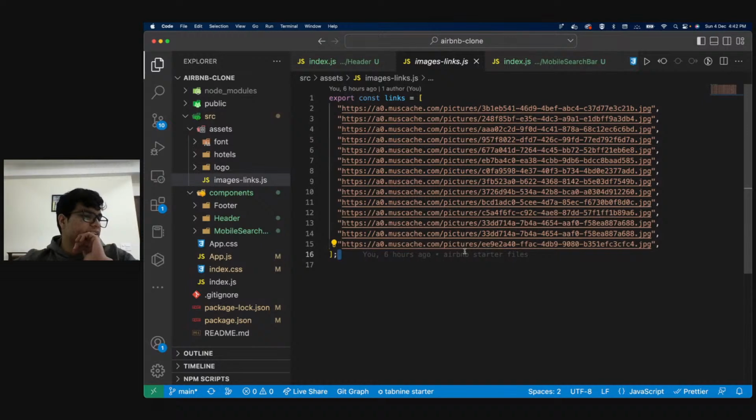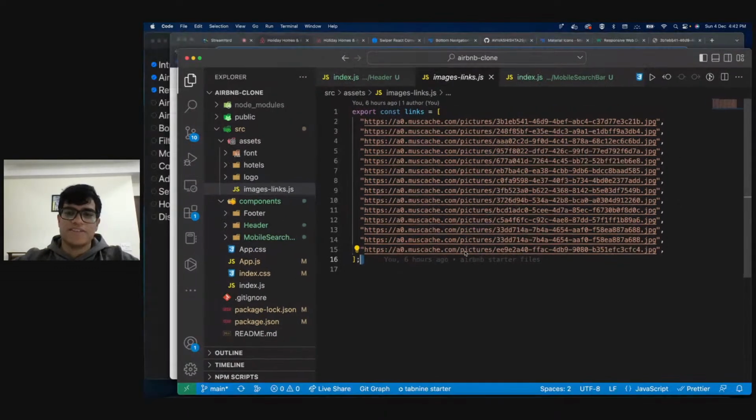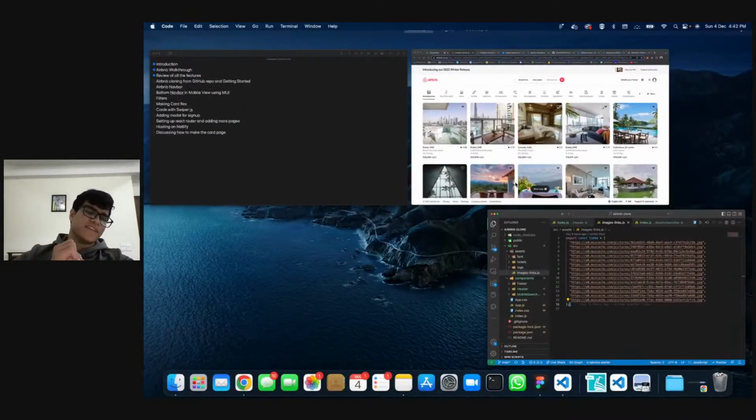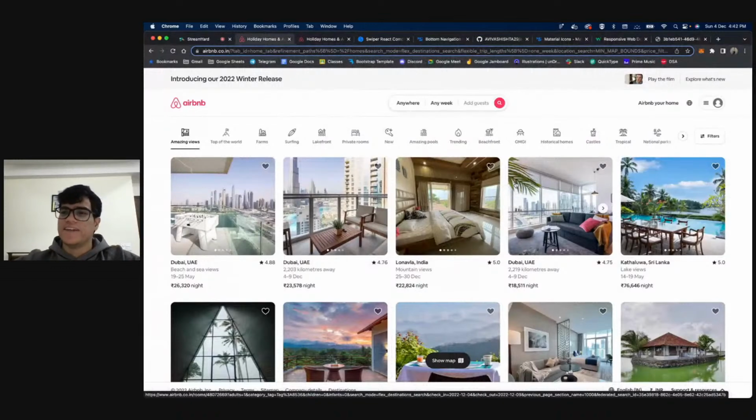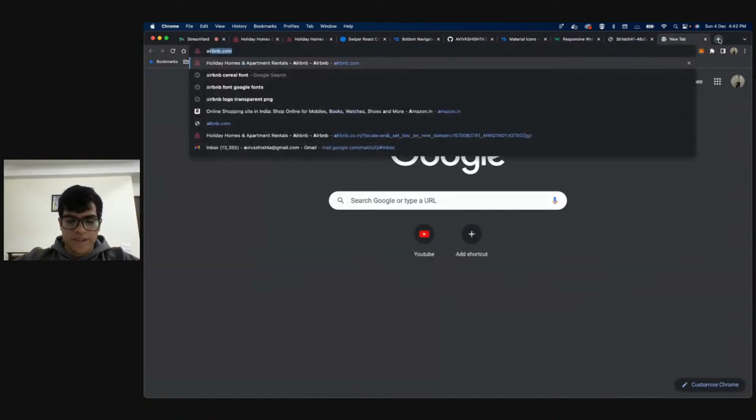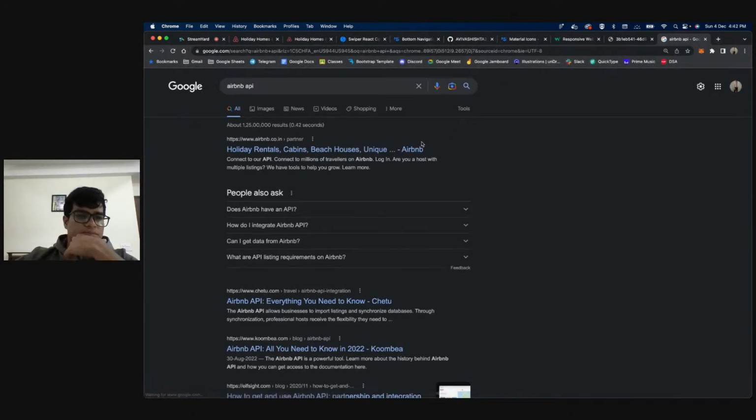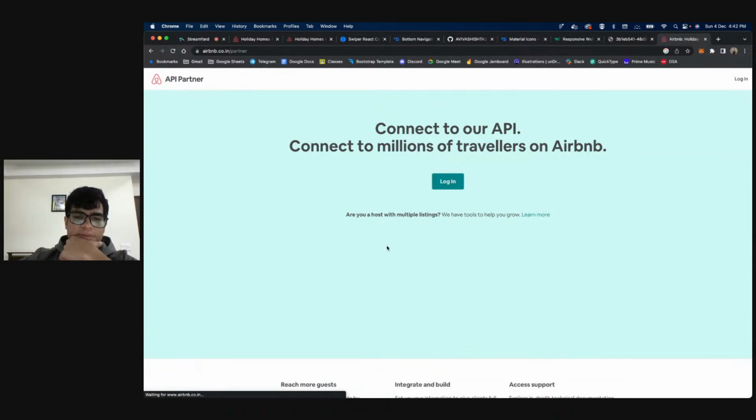Where can I find the APIs for all of this data? All right, I did not really research a lot about Airbnb. I don't even think Airbnb has an API, right? Let me just do a quick search on that. Okay, Airbnb does have an API. All right,